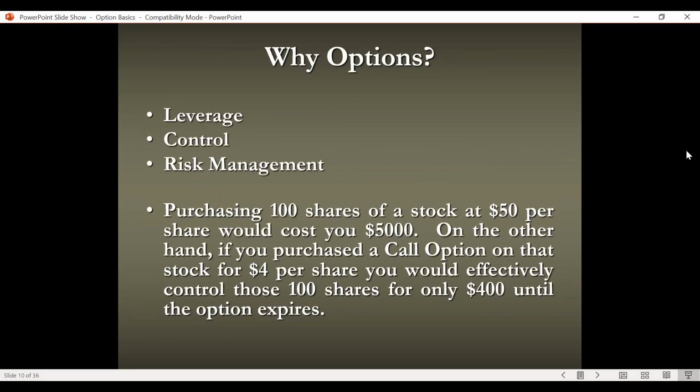All right, so why do we like options? We like options for the leverage. We like options for the control. We're able to control the movement of that stock without owning the stock. We don't have to own the stock. We have the right to, though. Anytime if I want to buy the stock and own the stock, I can exercise that option and own the stock. But typically, when you're an option buyer in the option market, you're not looking to exercise the option.